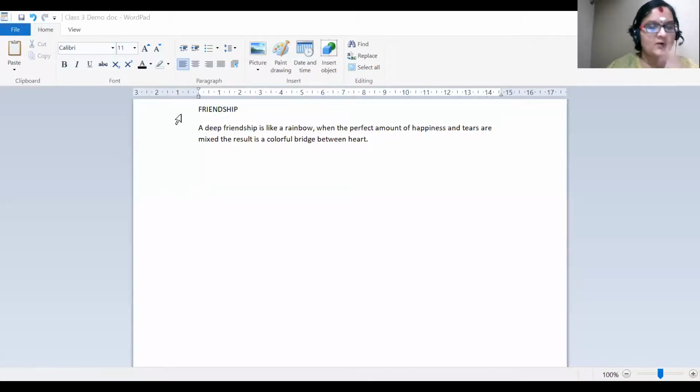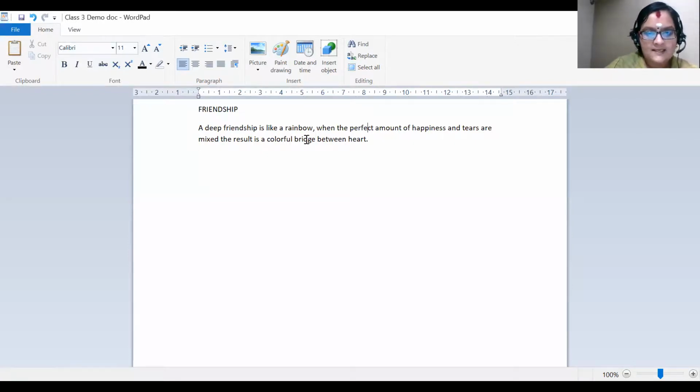The next one we are going to learn is about copying a text. How we can copy the text. Okay. So I want to copy this word friendship. Copying means duplicate, where the original will be there, and you keep on adding that particular word here and so. Okay. So for copying, first we need to select the text.